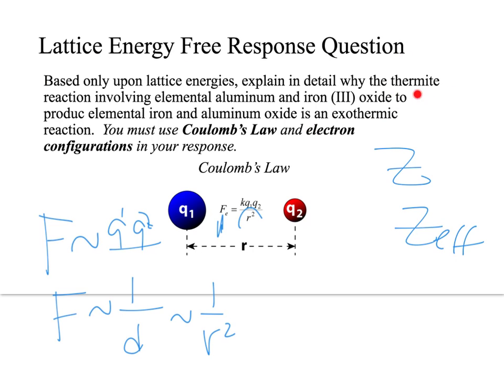Why the thermite reaction? That's just the name of a reaction. You don't need to memorize that or even concern yourself with it. It tells you the reactants and the products. I'm going to jot those down here. Elemental aluminum, Al, element from the periodic table, aluminum, the name, and iron 3